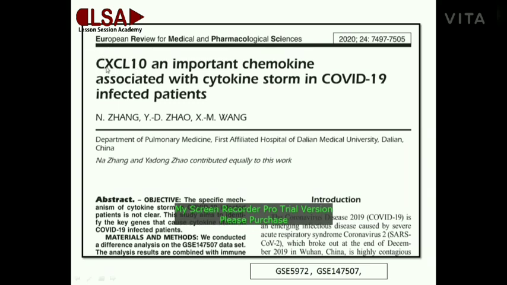For this, the researchers first went for the gene data set, using the GEO tool, with the GEO ID GSE5972 for the COVID samples.